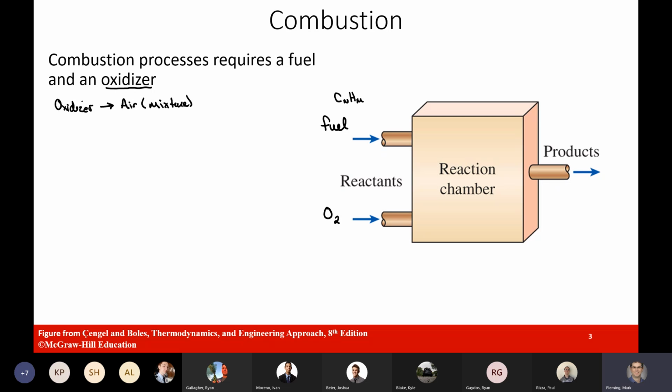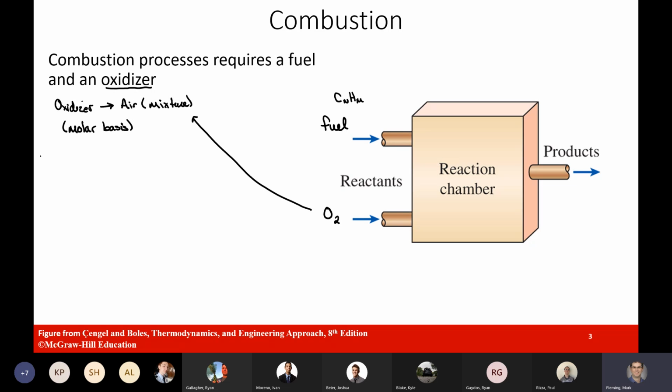So we've talked about air being a mixture of several ideal gases. And so while we do get the oxygen that we would require for our combustion process to happen, we also have some additional byproducts that are going to happen in our reaction because we have a mixture. And so we don't just have oxygen. We have oxygen, we have nitrogen, we have some other gases. And so if we want to take a look at this on the molar basis,